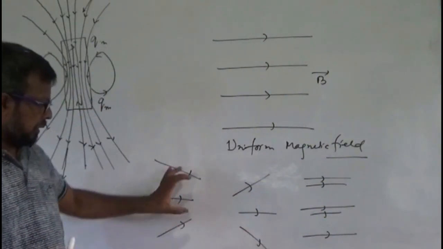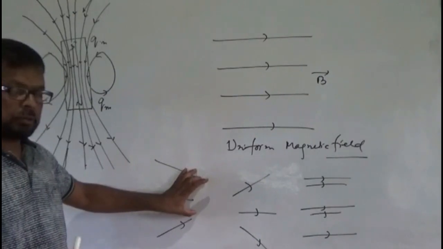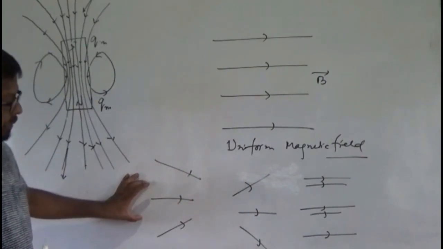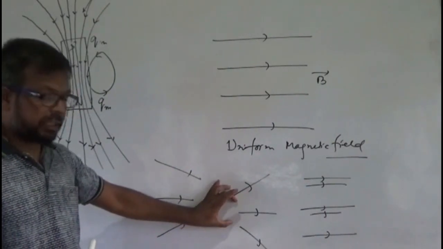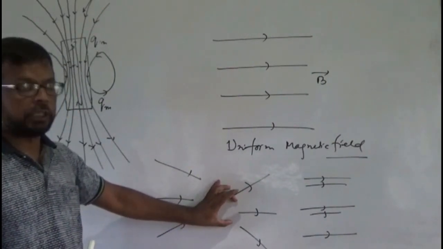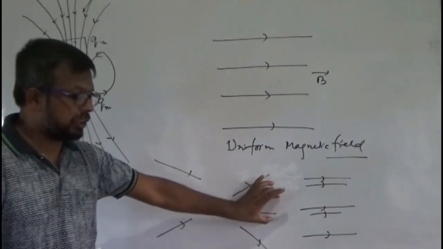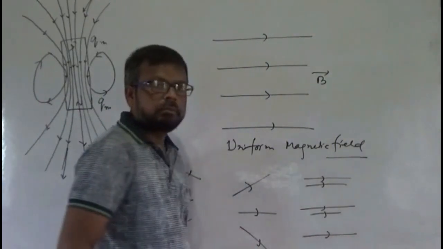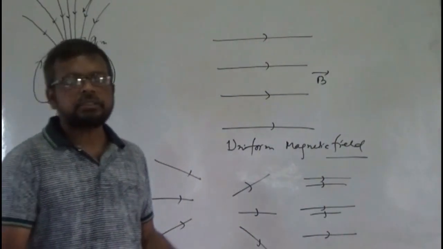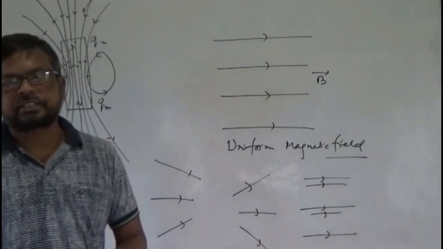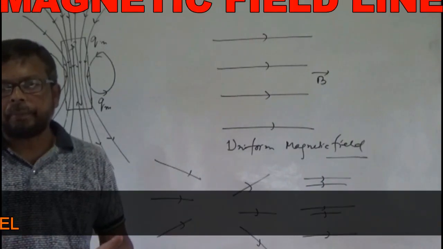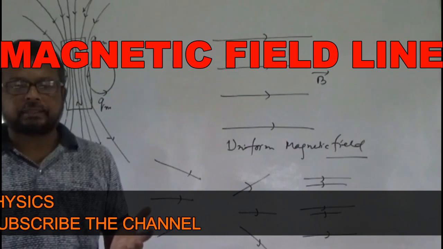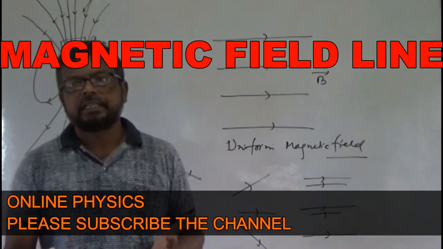Now see here, in this region, the number of field lines crossing through unit area is greater than in this region. In this region and in this region, the density is different. That means the magnetic field strength is different. Strong magnetic field is represented by close spaced lines, whereas weak magnetic field is represented by